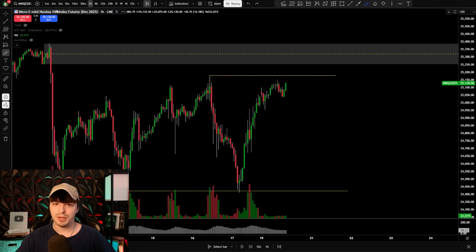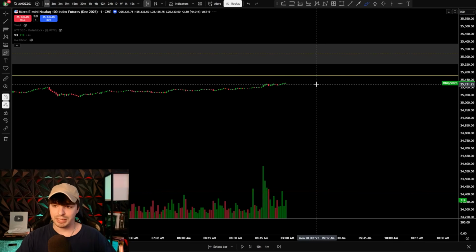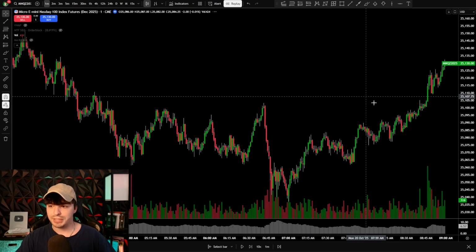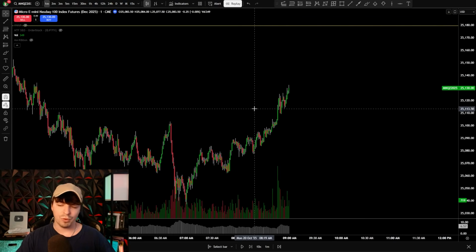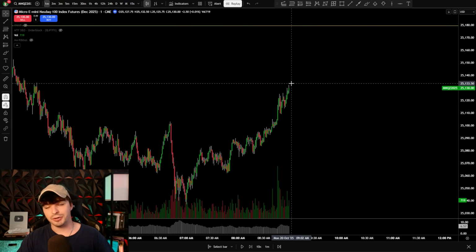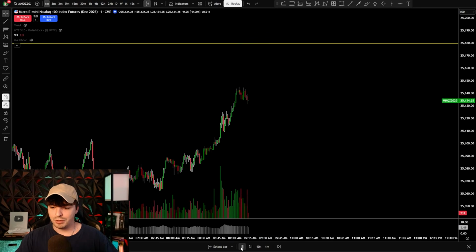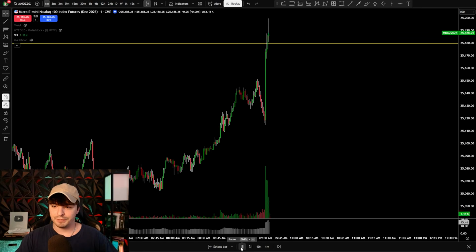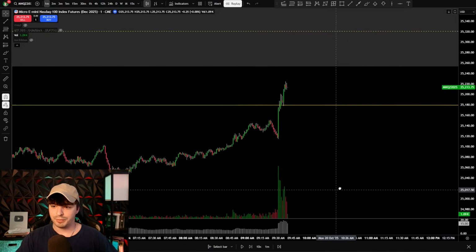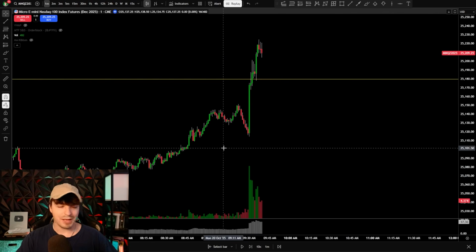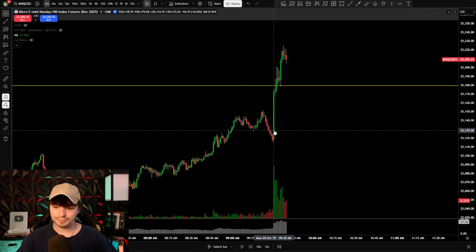So very simple. Now that I have my key levels marked out, I'm going to drop down to my entry time frame, which is usually going to be a 1 minute chart. It can vary a lot. It can be a 3 minute all the way down to a 15-second chart. All right, but we're going to let the market open and see what happens, okay? Boom, the market opens, and we pretty much skyrocket right to that 1 hour high, okay?